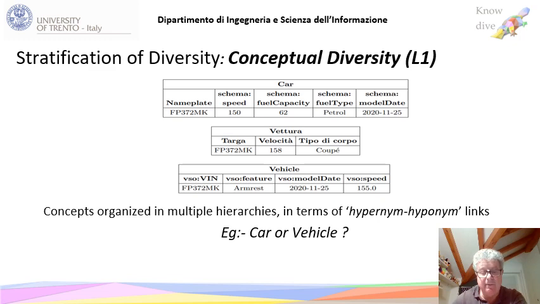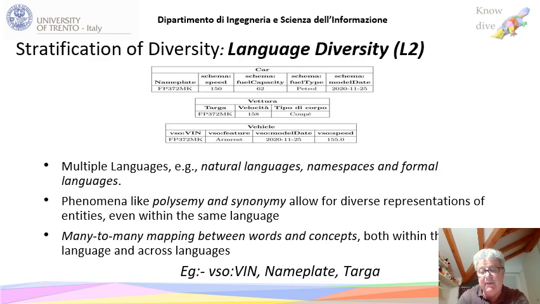Okay, now we've done this, but the next step is that you have to deal with possible languages. I was already doing that in the previous slide, and here just to describe the diversity of languages. First of all, you have multiple languages. But notice that on the web, of course, you have Italian, Hindi, English, but there are also a lot of namespaces and a lot of logical languages. So you have to deal with multiple languages and domain languages, so that you understand that car and vettura have the same meaning, or that VIN, the first column of the third data set, is actually a namespace that codifies again